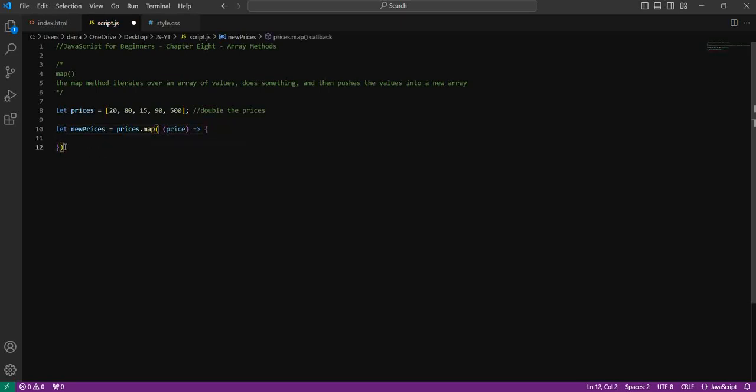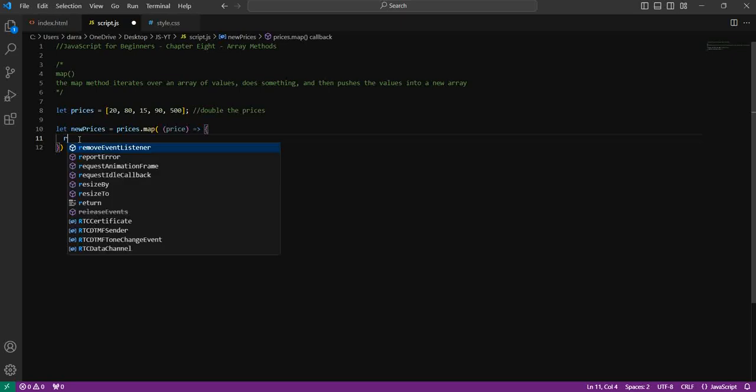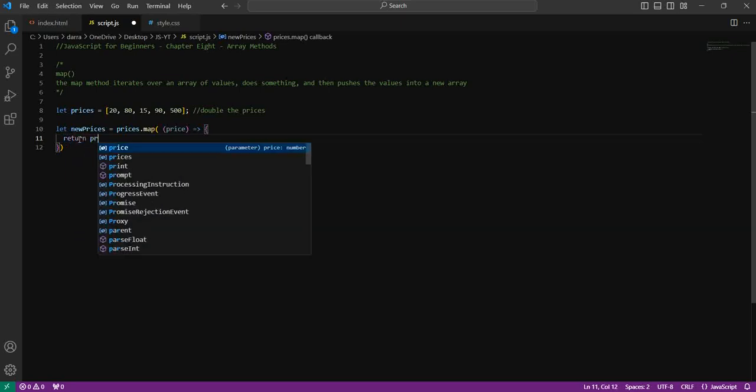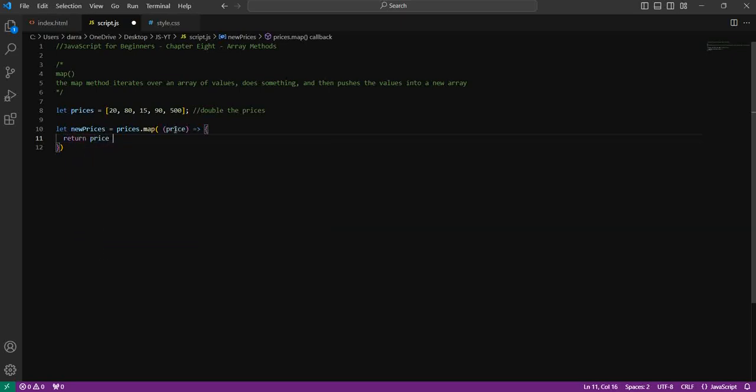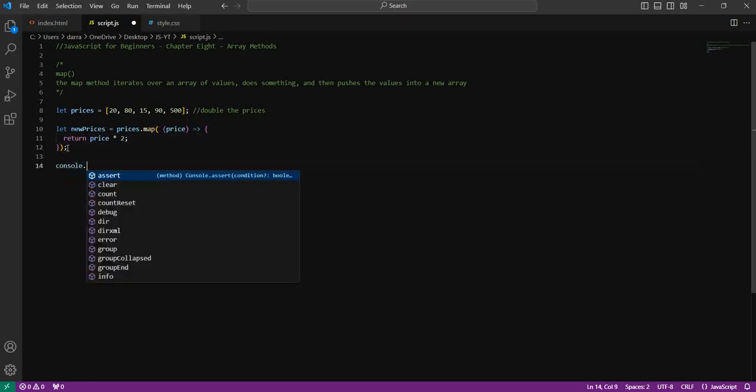So what are we looking to do? Well, what we can do is just return each price. Okay, so price is just a reference to each element in the original array. We'll return that, but double it by timesing it by 2. So if I just console.log out